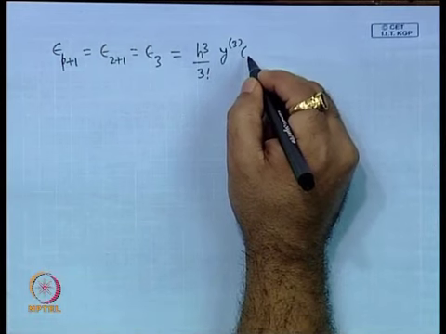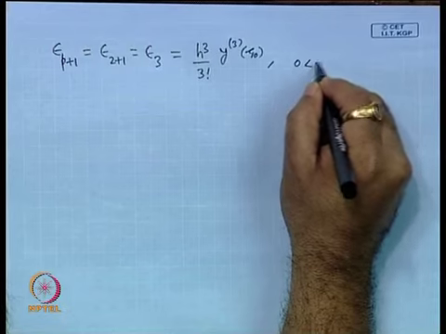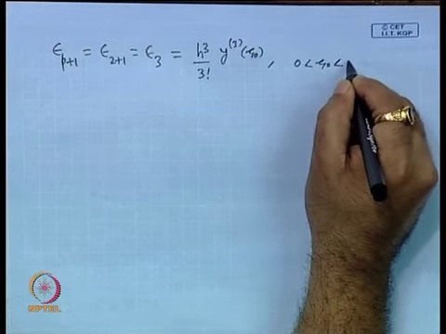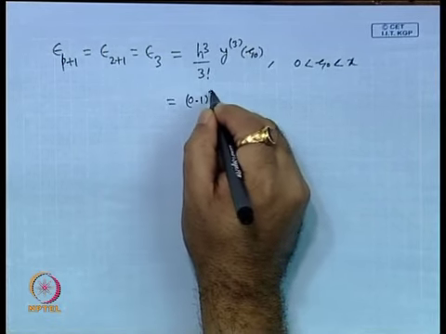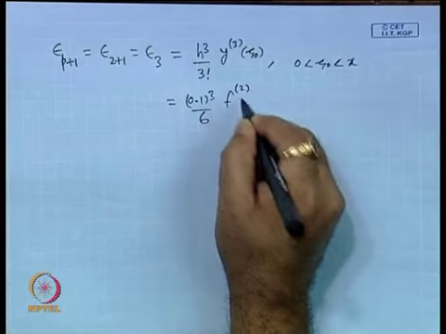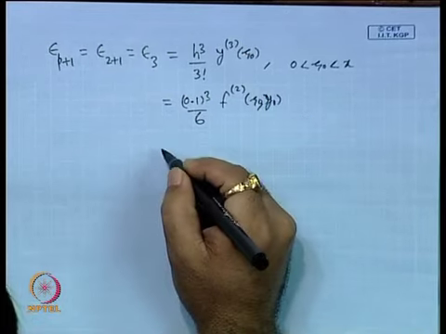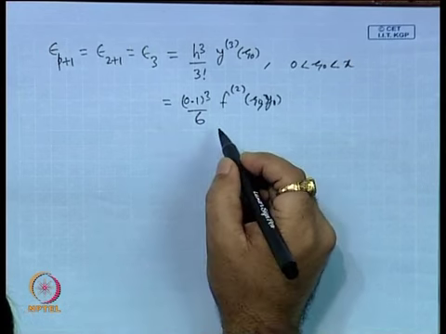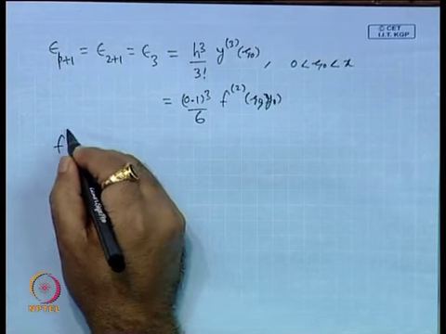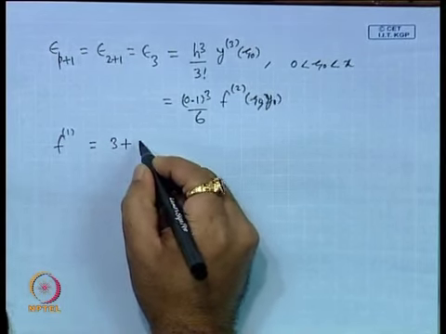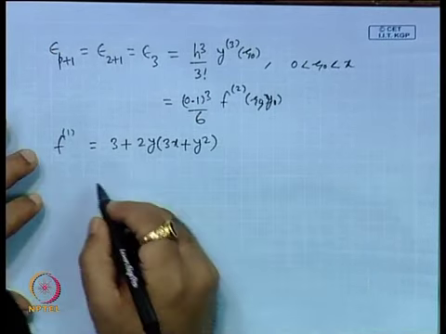so let us say we are considering this at the first point. That means while computing 0.1 in this. Okay. So, what is this? And y3 is f2, y3 is f2 of this. So, for this example, let us look at this quantity. We have only f1 in hand. So, what is that? f1 is 3 plus 2y 3x plus y square. Okay. So, now f2